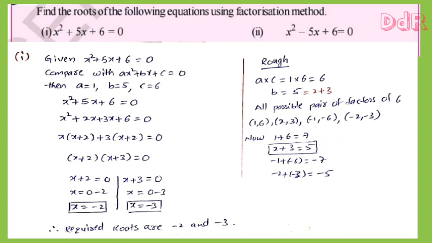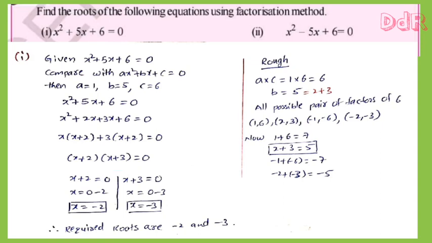So coming to the left side, our given equation is x square plus 5x plus 6 equals 0. Now I am going to write the middle term 5x as a sum of the other two terms, which are 2x and 3x. So from the first two terms we can take x common. So x bracket of x plus 2. From the last two terms take 3 common. So 3 bracket of x plus 2 equals to 0. So now x plus 2 here, x plus 2, so x plus 2 is common. So x plus 2 bracket of x plus 3 equals to 0.